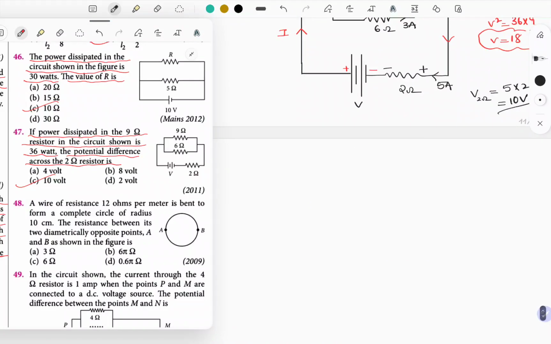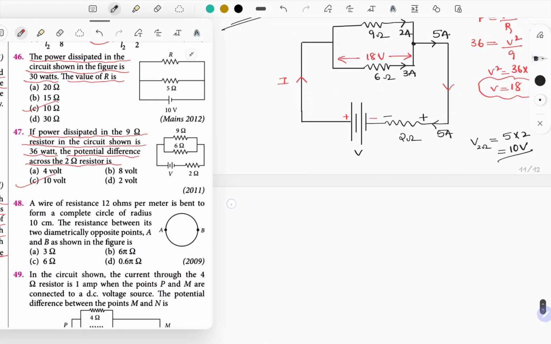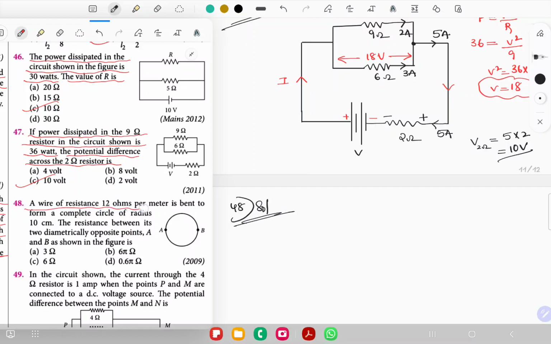Let's move on to the next question, number 48. A wire of resistance 12 ohm per meter is bent in the form of a circle of radius 10 centimeter. The resistance between its two diametrically opposite points A and B, as shown in the figure, is: